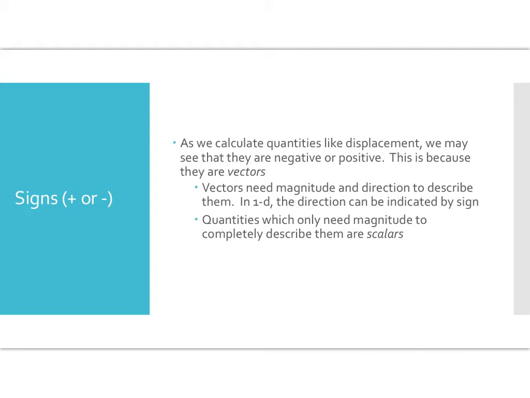Another thing that can come up when we find displacement is that displacement sometimes will be a negative value. And what does this mean? Well, basically, a negative displacement hints at a movement in a particular direction. So let's say we're looking at horizontal motion. We're going from left to right. And if I start here and I end here,